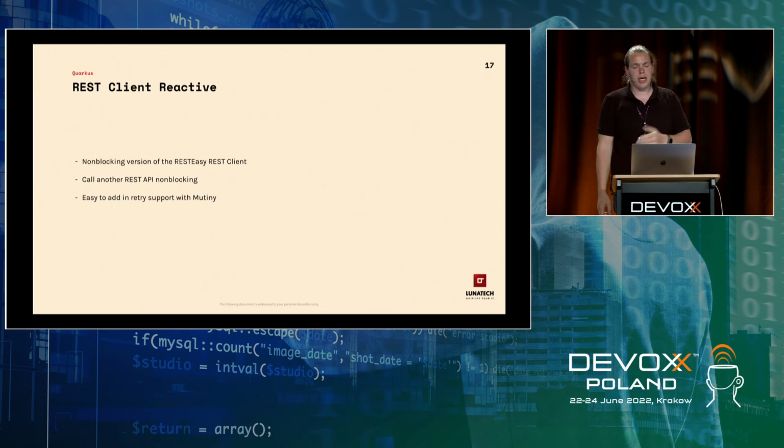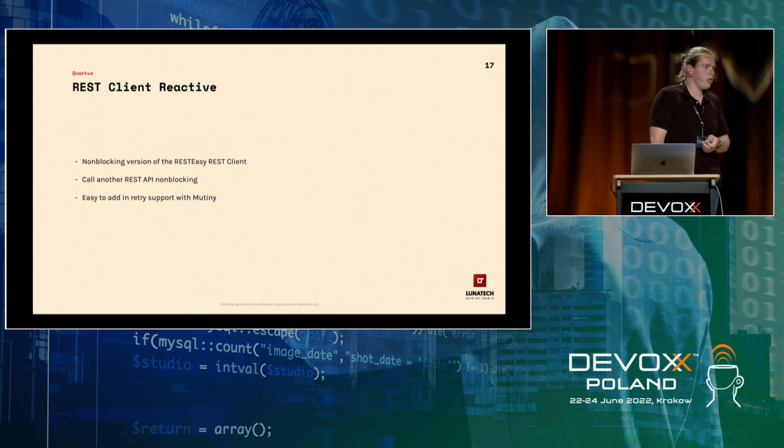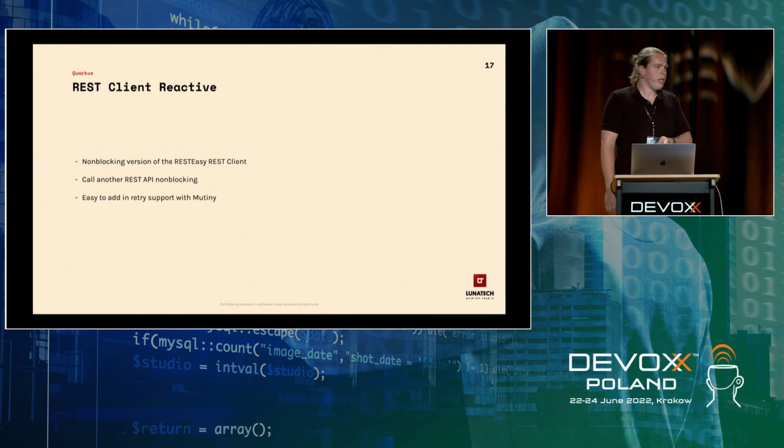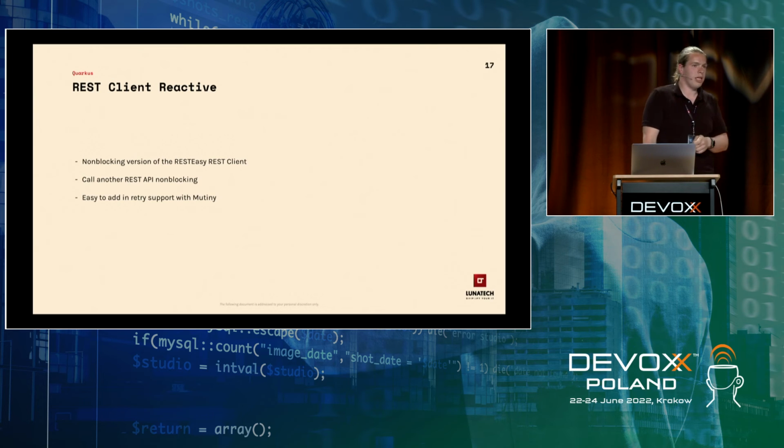What we can do with the reactive version of that is call those APIs in a non-blocking fashion. So we can ask for the data from that other service, but in the meantime do something else. The nice thing as well, if something fails on the way, maybe some network latency or hiccup, you say, well, if this happens, just try it again. Normally, you would have to write that code yourself, maybe with a simple for loop, say like try it a couple of times and then break out of it.